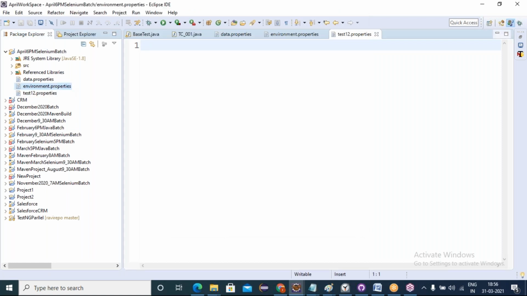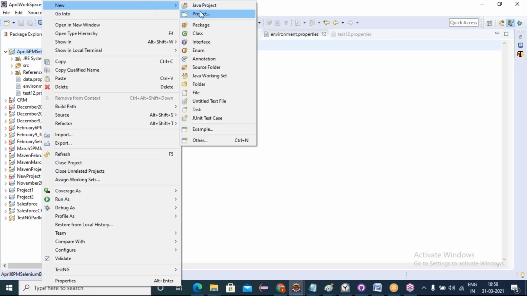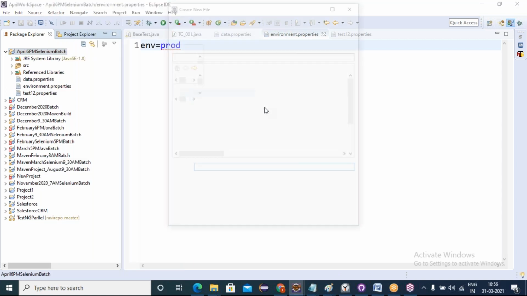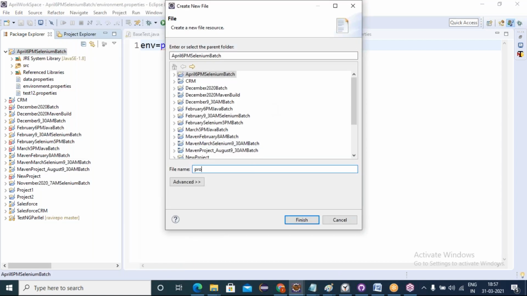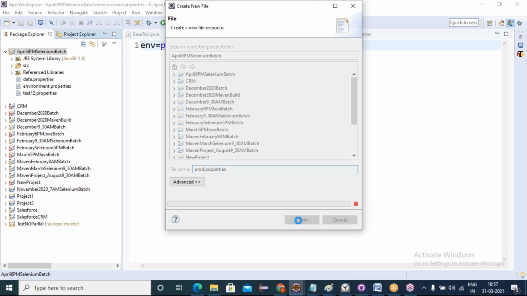Suppose in environment properties I give prod, I must load the production properties file, so I must have one file called prod.properties.